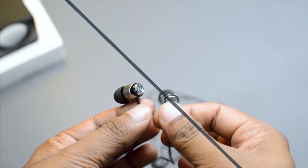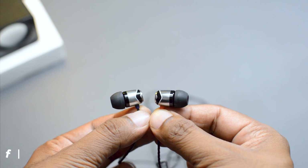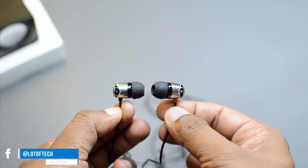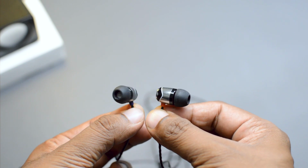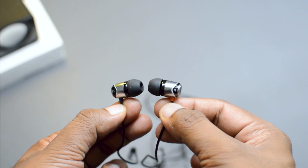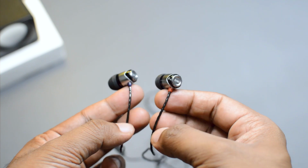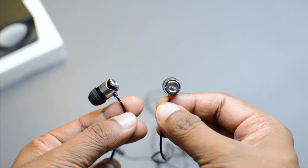When I looked at these earphones, it gave me an impression that they have been inspired by the Asus ROG phone in some way, and also these earphones look very sturdy and robust and also very sporty. Although these earphones are not at all sporty ones, still it will give you that kind of a feeling. You will get the Soundmagic branding and also the model number printed behind each earpiece, and these earphones can be easily distinguished between left and right by looking at the color code. Like the left one is marked with a dark blue color and the right one is marked with a red